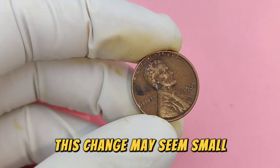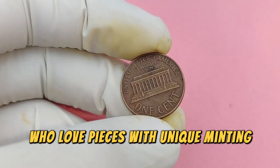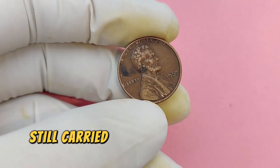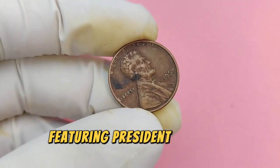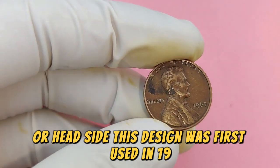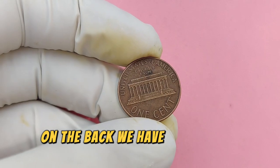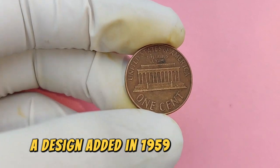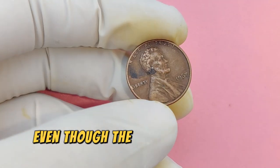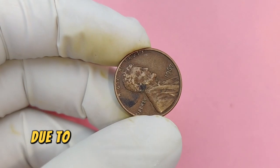This change may seem small, but it actually makes coins from this period interesting to collectors who love pieces with unique minting stories. Let's talk design. The 1967 Lincoln penny still carried Victor David Brenner's classic design featuring President Abraham Lincoln on the obverse, or heads side. This design was first used in 1909 and continues to be beloved by collectors to this day. On the back, we have the Lincoln Memorial, a design added in 1959 to celebrate the 150th anniversary of Lincoln's birth. Even though the design stayed the same, certain 1967 pennies have become incredibly valuable due to their condition and